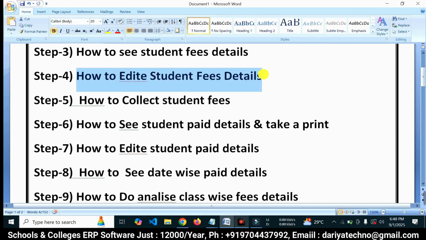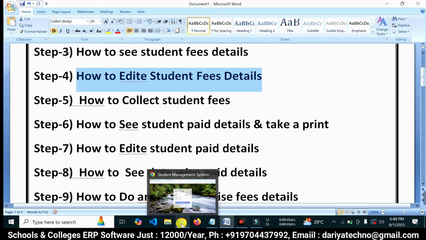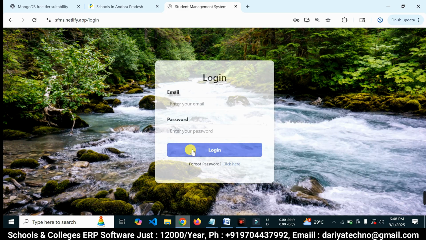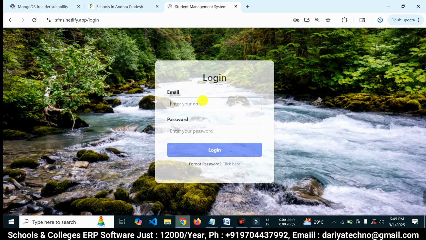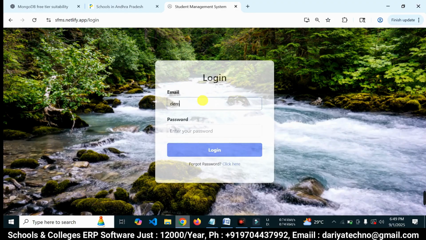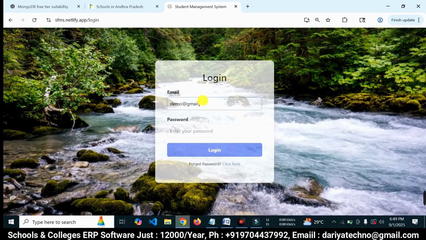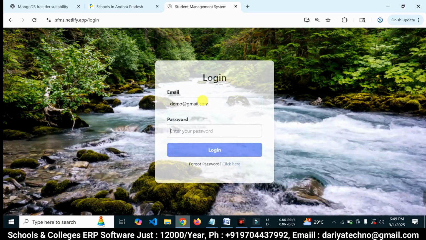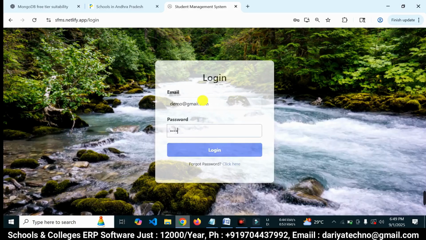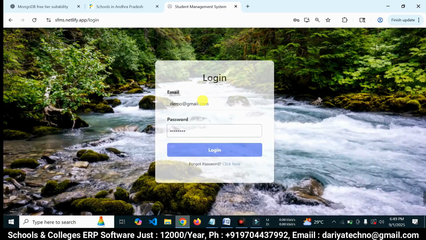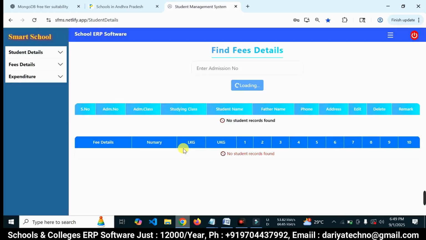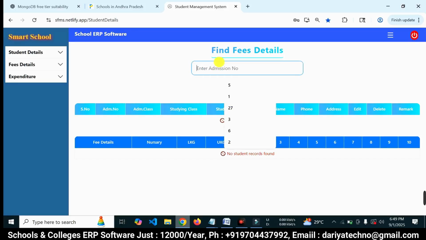How to edit student fees details. Okay, open your browser, log in with your username and password. Login. Okay, enter the student admission number